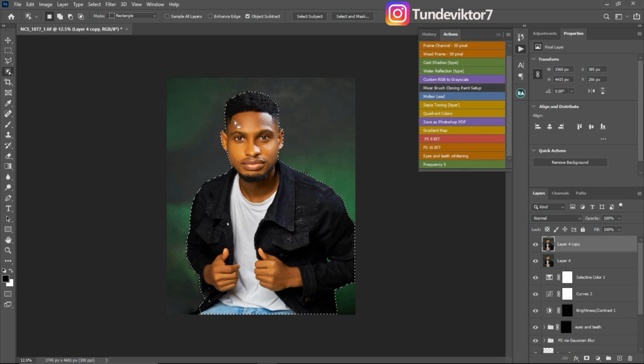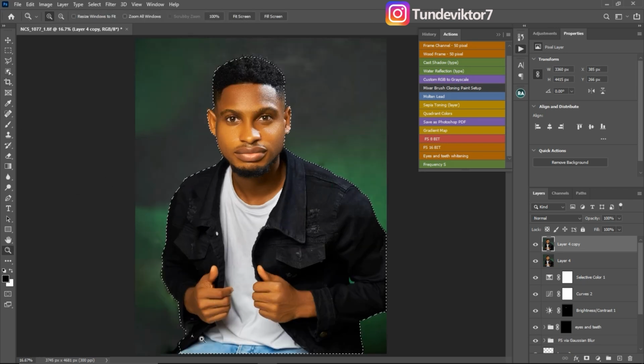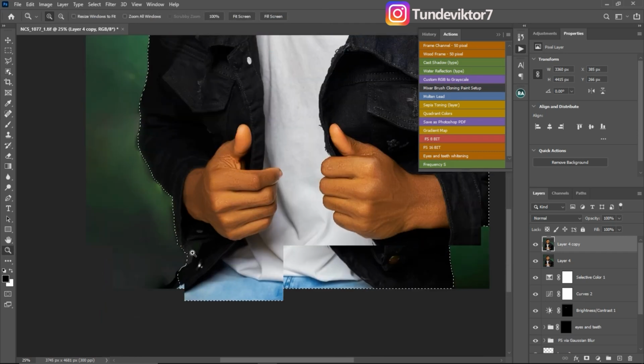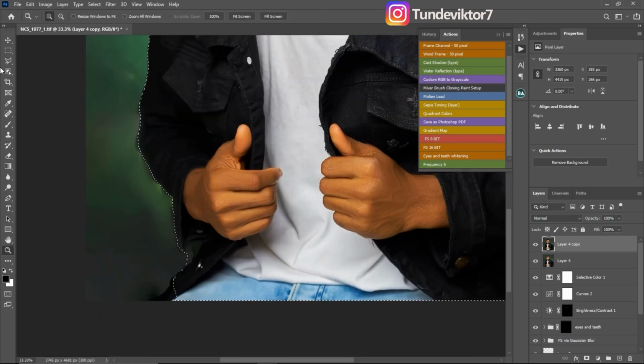So you can see Photoshop has selected my subject for me, but I'm still seeing some parts which are not selected, like this part right here. So I'm just going to manually select here. So I'll just come to my polygonal lasso tool, click on it. This is my polygonal lasso tool, then hold shift to add. Once you're on your polygonal lasso tool, press shift on your keyboard, and you're going to see this plus icon. Just click and drag to add this part to the selection,